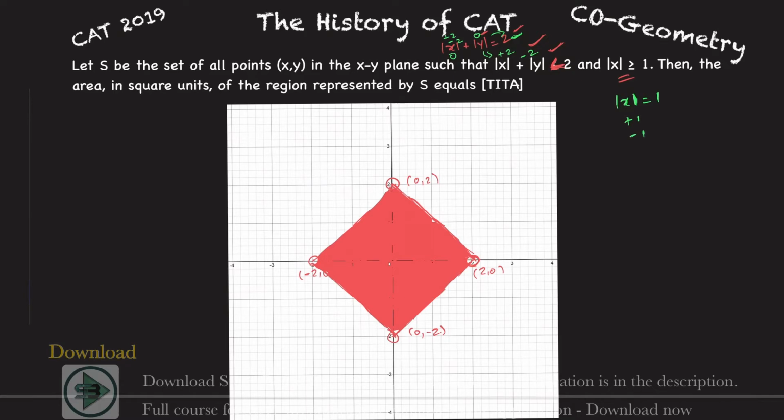Correct, then only I'll get the outside as 1. So x equals plus 1 is what? A line. x equals plus 1 is a line like this, here. And this will be the line which is x equals minus 1. So this is your line which is x equals 1, and this is your line which is x equals minus 1, because x could be plus 1 or x could be minus 1.